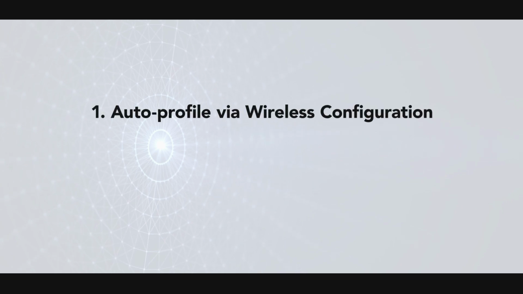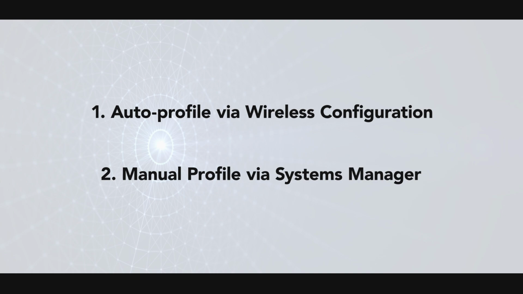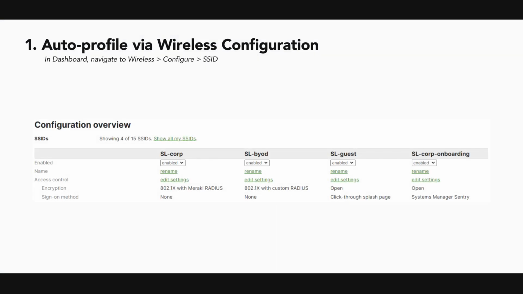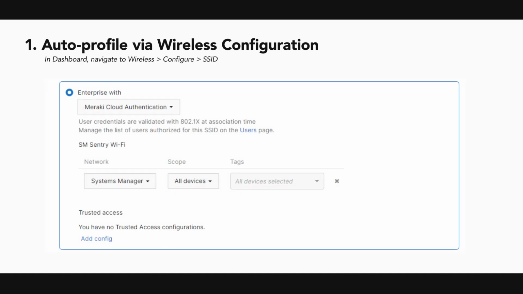Today, we're going to go over two methods to creating a Sentry Wi-Fi security configuration: auto profile via wireless configuration and manual profile via Systems Manager. The first method, auto profile via wireless configuration, will configure an SSID to use Sentry Wi-Fi with desired network and scoped device tags. This method will auto-generate a Meraki Wi-Fi device profile in Systems Manager, and no additional configuration is required. Endpoint devices enrolled in Systems Manager within the scope of the targeted tags will receive a wireless network and